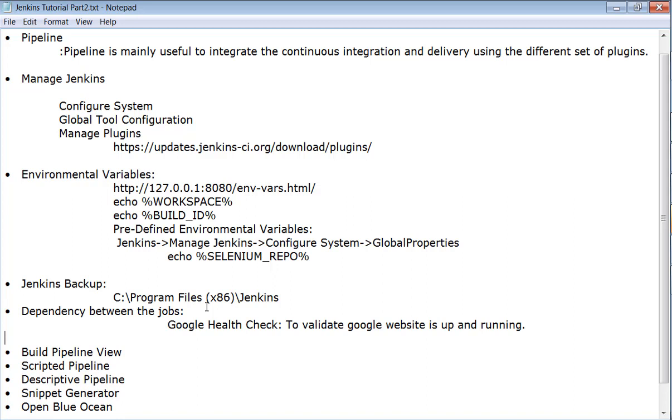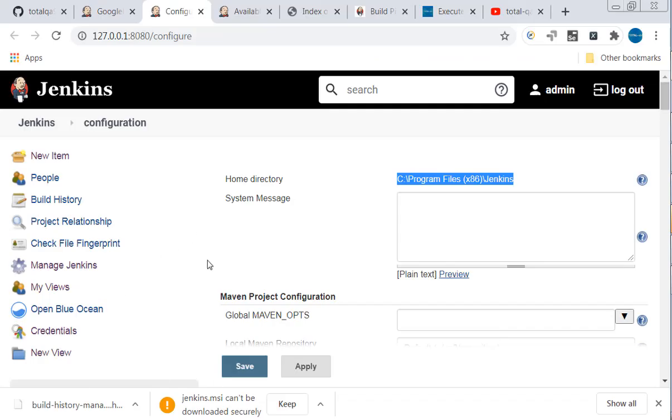If this check is successful, then call the dependency job as execute regression test on Google, right? So this is our dependency you want to create. For this we need two different jobs, one job to check the health check, another job to execute the test cases on Google. So we already created two different jobs.